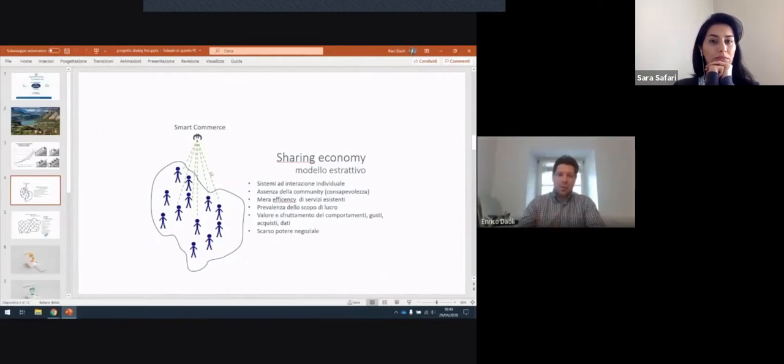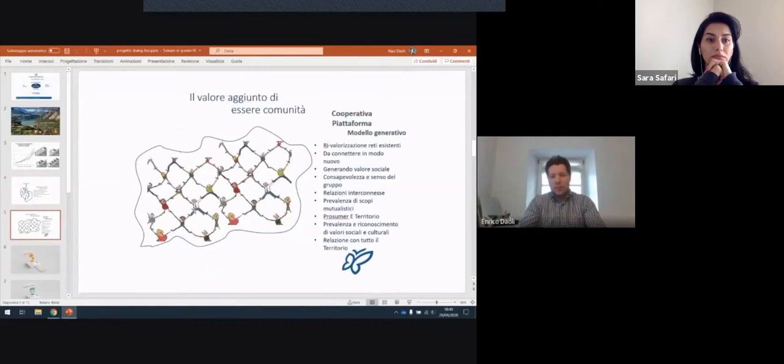Central to this platform is the role of the community manager, able to identify the single users of the platform. Single users of the platform can access the platform, of course, by the use of their smartphone or through their associative card. This, of course, enables the identification of the subject and her or his belonging to a single social cooperative.